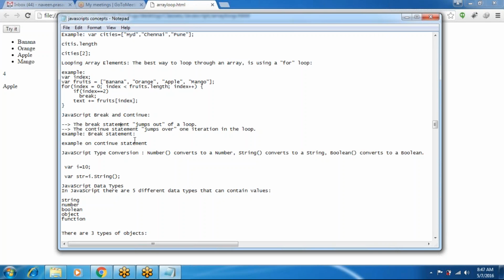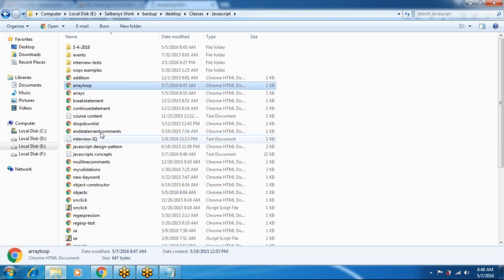The break statement jumps out of a loop, meaning from a for loop we can jump out of the loop. The continue statement jumps over an iteration in the loop. In a loop only, we can continue the statements. So see the example of break and continue statements.